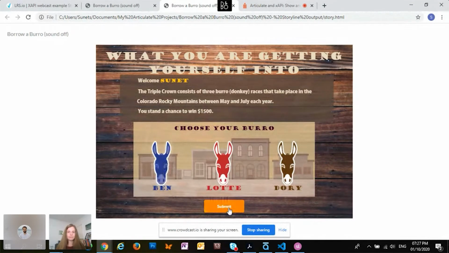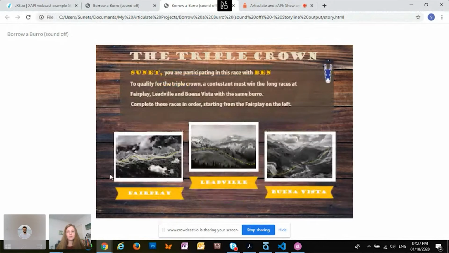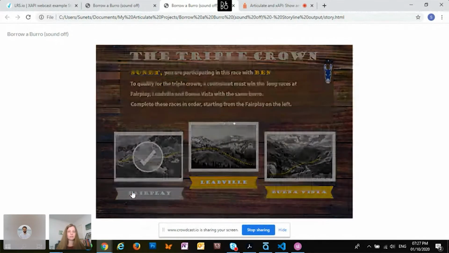I'm going to select Ben. And then I've got 3 races. Each race contains 4 questions. So I'm collecting my activity statements based on users' responses to those questions.